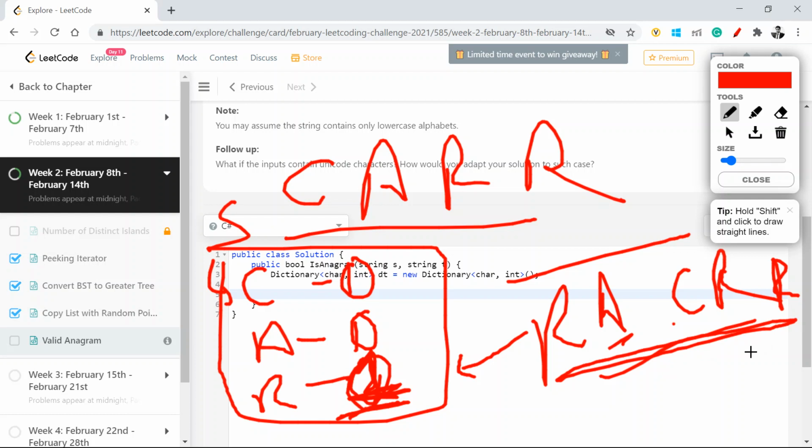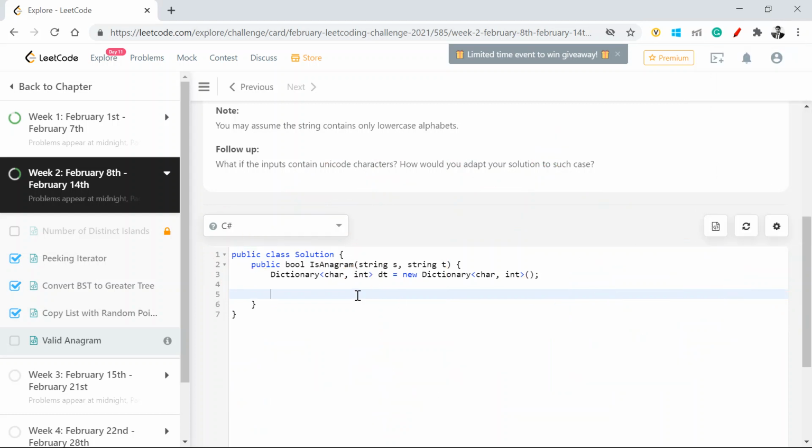So what we're trying to achieve is we'll create a dictionary, keep a count of all the characters in it, and keep on subtracting those counts using the target string. If all the values in this dictionary return to zero by the end of my loop, when I finish traversing, then I'll assume these are anagrams. This is one way. The second way is you sort both of them and compare them, but that will be of a higher complexity.